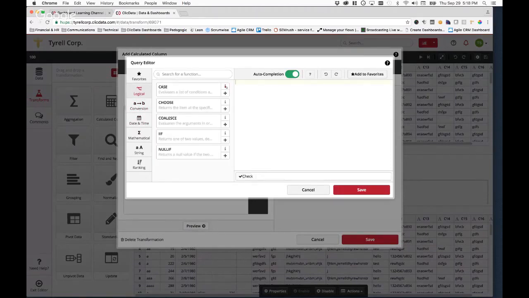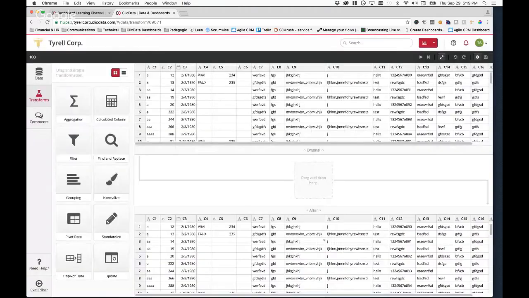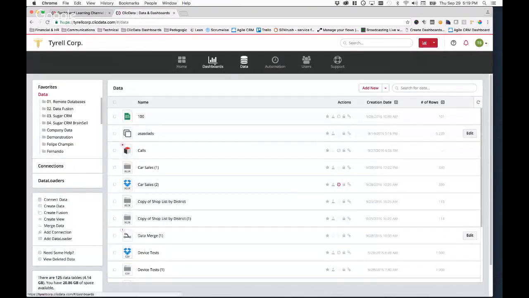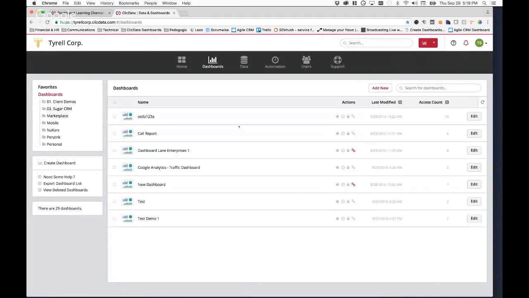We have a help system where, as you type a formula, there's an auto suggestion that says what you're going to type next, etc. So there's a lot you can do on the data, and that is great for formulas or columns that you'll need in a lot of dashboards, so you don't have to repeat the work.